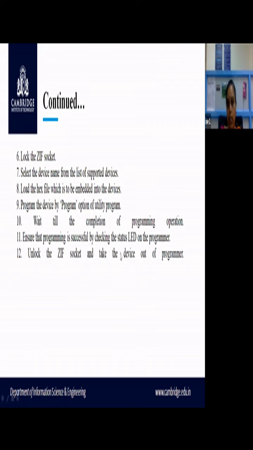So you'll be having some LED which is going to indicate the status, whether the complete firmware is loaded into that memory device or not. So you need to make sure that everything is transferred, that the firmware is transferred from your PC to that memory chip. Whether it is done or not, you have to make sure by seeing the status of the LED. Then unlock the ZIF socket and take the device out of that particular socket, and then that device you need to again insert in the target board. So these are the steps which are used for embedding your firmware into the hardware, using the method called out of circuit programming.